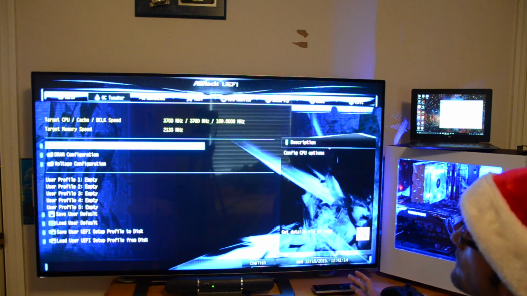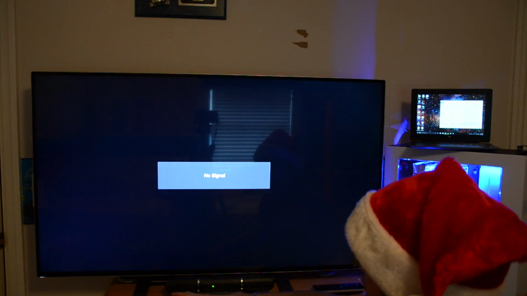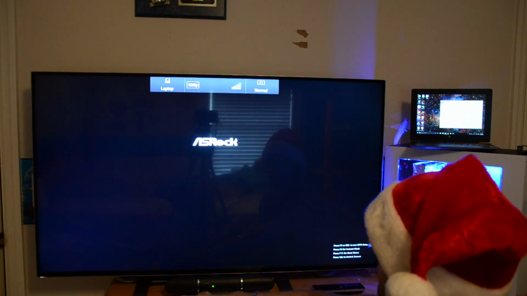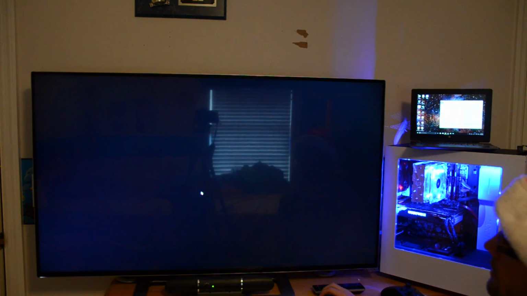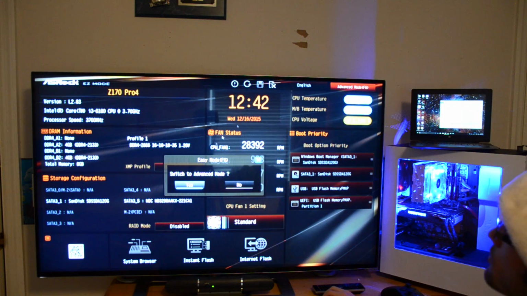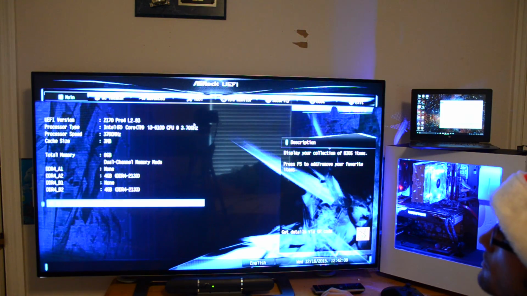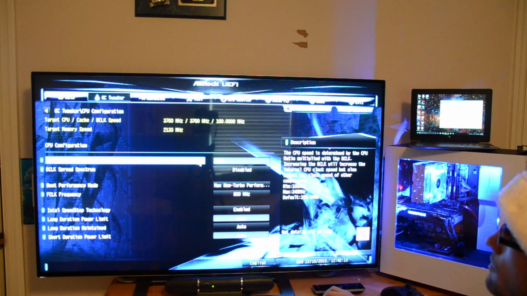But I guess if it freezes, let's see if we can just Control-Alt-Delete it, reset the thing, and try again, see if it works. Yeah, that really sucked. Let's try this one more time. Okay, I'm gonna try to be more fluid this time, to try to be quicker. Maybe it was just a timing thing. So, okay, CPU, boom. So it looks like we can change our